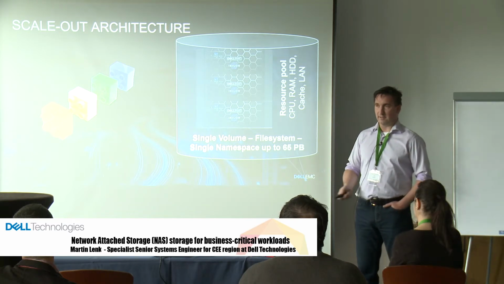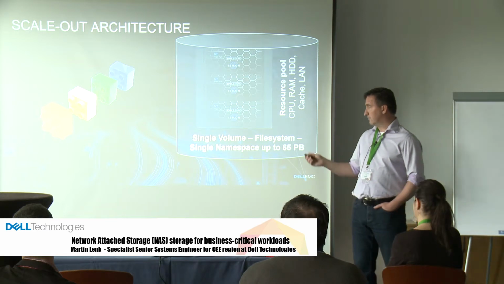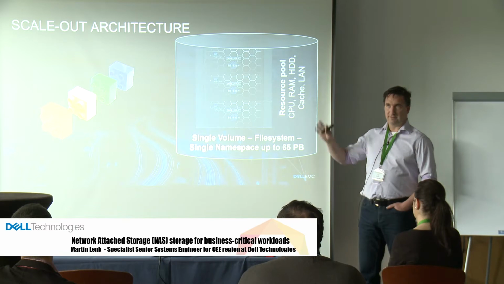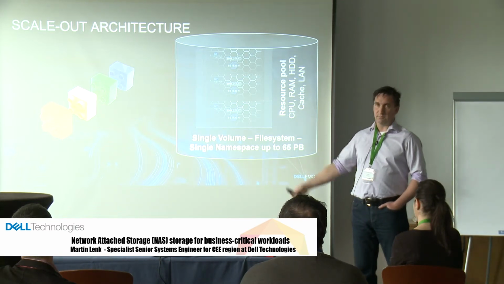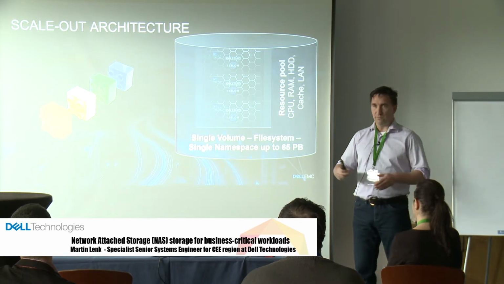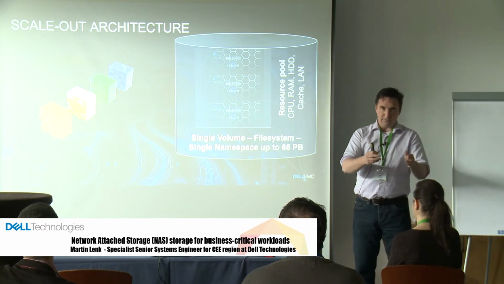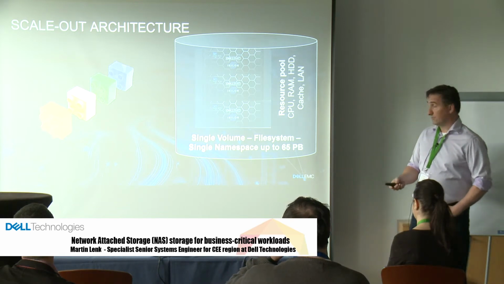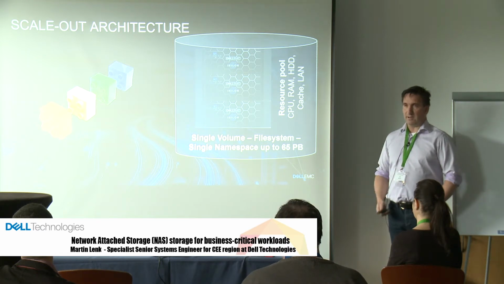It can start, I guess the smallest configuration today is like 17 terabytes, and you can scale it to I don't know how many petabytes, because the theoretical limit of the system is somewhere in the sky. But typically you can have 1 petabyte, 10 petabytes, whatever, in one single file system. You don't need to have, for 1 petabyte of storage, 100 terabytes, another 100 terabytes, another 100 terabytes. You can have it in one file system, and then you can make separation, protection, and so on, on a logical level.